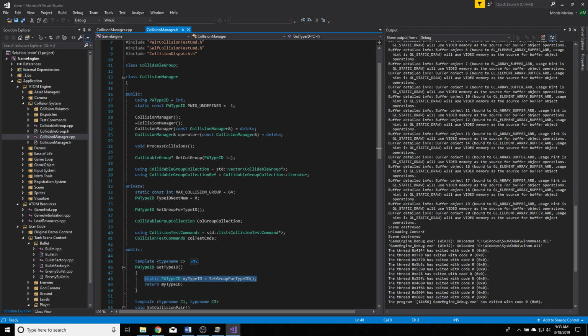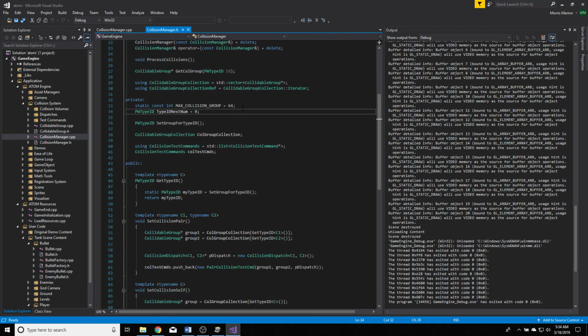Each class, like bullets or tanks, well, enemy tanks or player tanks, has their own group so that they can be checked against the things that they collide against as a group every frame. Right, so that's the process